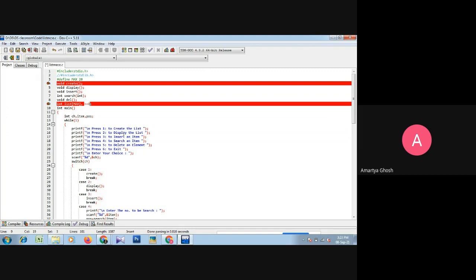These are the operations. So we give these options: press 1 to create the list, press 2 to display the list, press 3 to insert an item, press 4 to search an item, press 5 to delete an element or item. So these are the options.